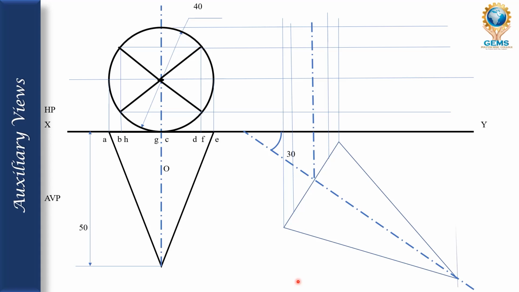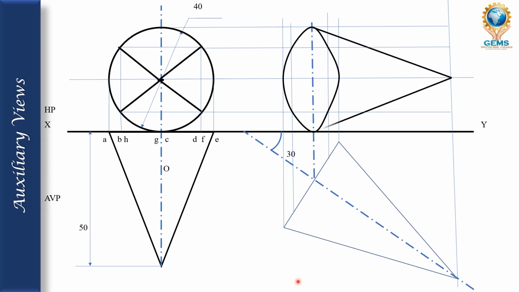Roughly I have taken. And next I need the height of the object, and now we are going to draw how the object will look if it is inclined. Join the points and join the lines. Okay, so this is the view. If it is inclined, the view will look like this only. So this is the final view of this diagram.